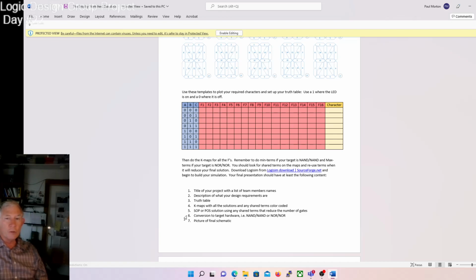And then you switch things to NAND form or NOR form, and you do your final circuit in Logisim or whatever simulator you want. Okay, so